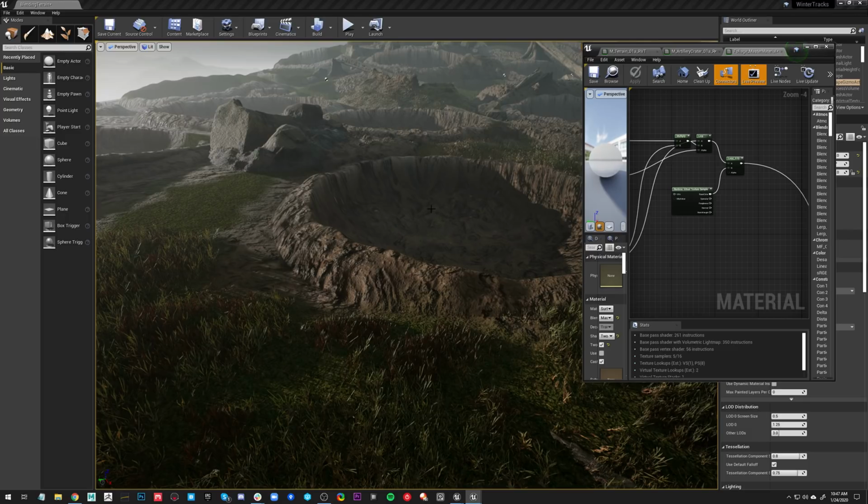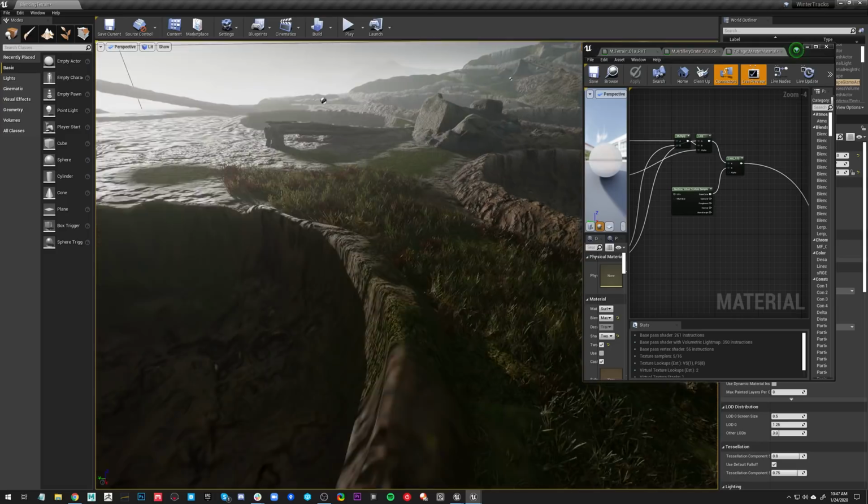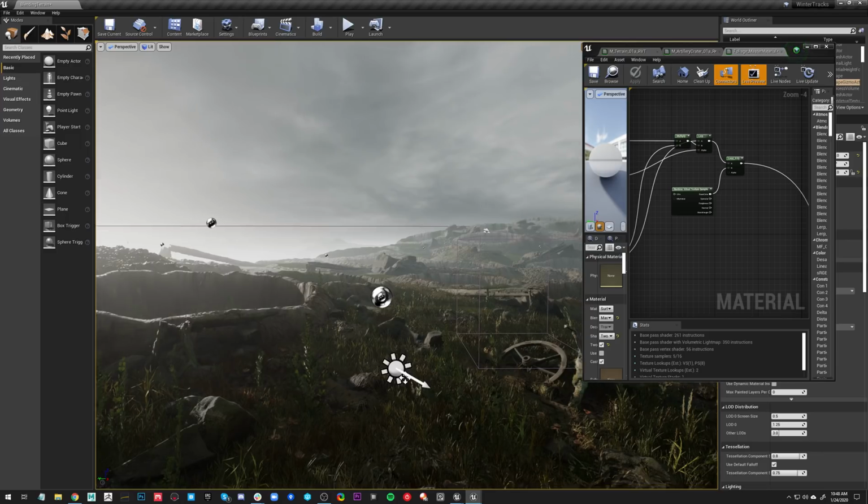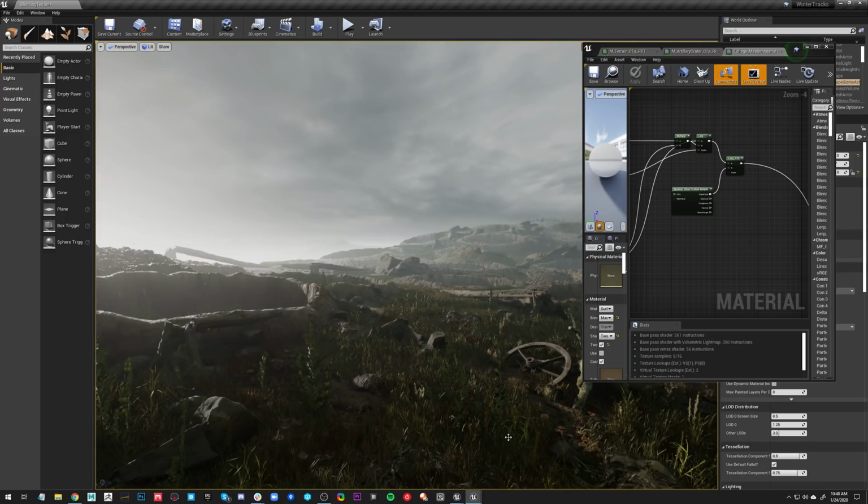Yeah, I agree. I think there are quite a few ways of handling it. In my opinion, the best way is just the traditional way of distance-based tiling adjustments. So basically, if I'm in the front of my scene, I'm going to have really up close, detailed tiling, and then as it gets further away from the camera, it's going to transition to a larger tiling. So it's going to look a little bit larger, a little bit less detailed, but you won't see a lot of that tiling and repetition out here.